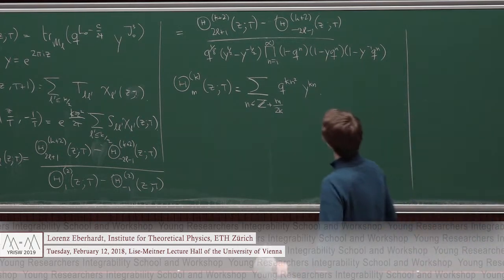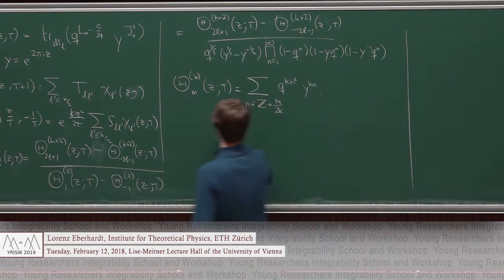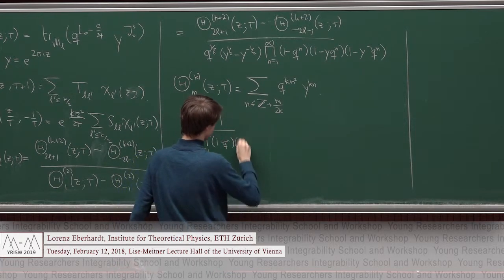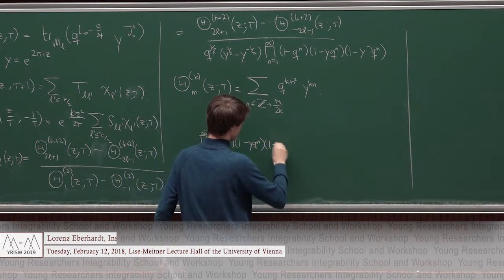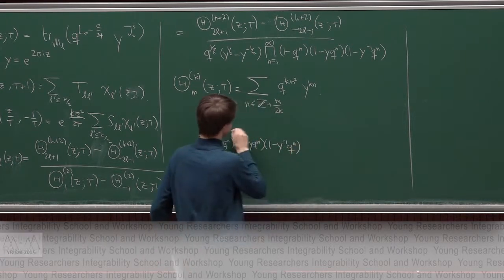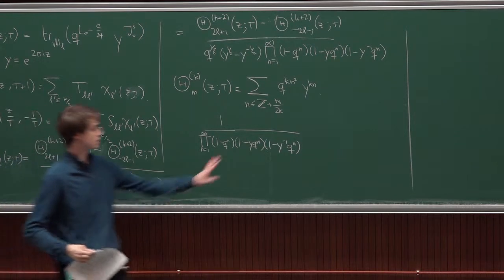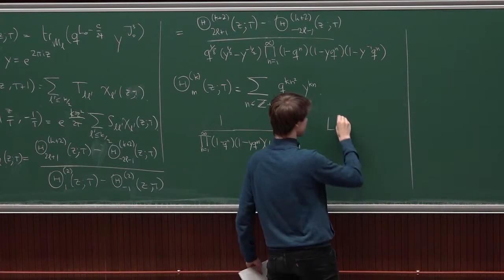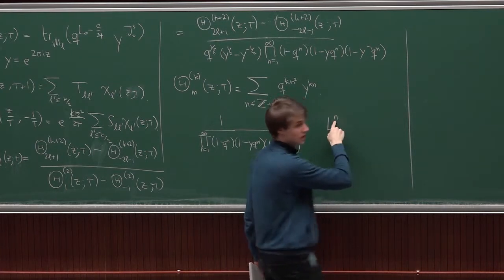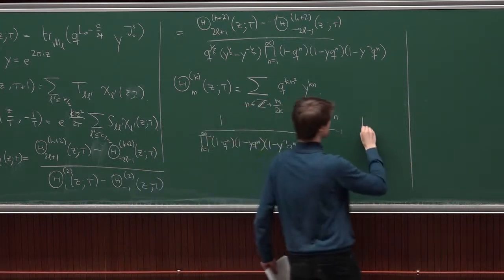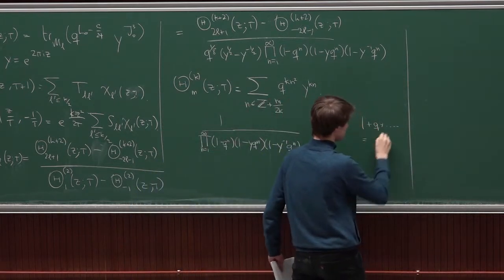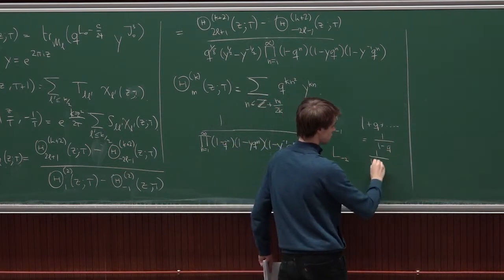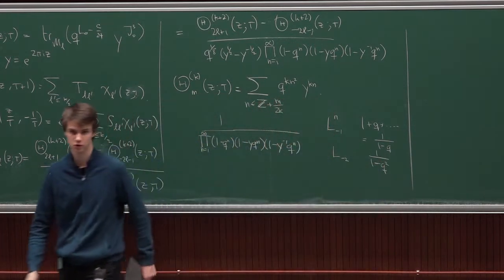Good, and many terms you might recognize from Sylvain's lecture. So let's try to understand the products first. So we have these products, and he already had them, except that he didn't have the y's. So he had one of those products because he said, okay, you can act with any number of L minus 1 times on your highest weight state. So this gives you a contribution 1 plus q plus and so on, just 1 over 1 minus q. You can act any time you want with L minus 2, which gives you 1 over 1 minus q squared, and so on, the product of all of them.